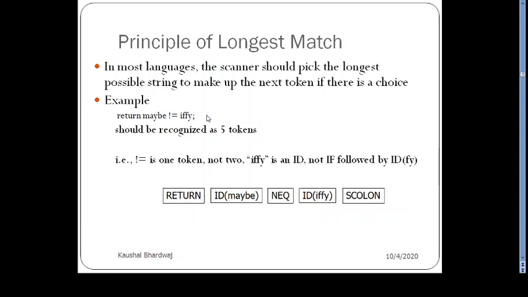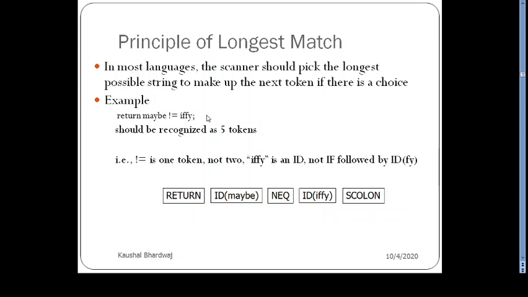This is the principle of longest match, where we try to read more characters, and we keep on matching till we get the longest match.